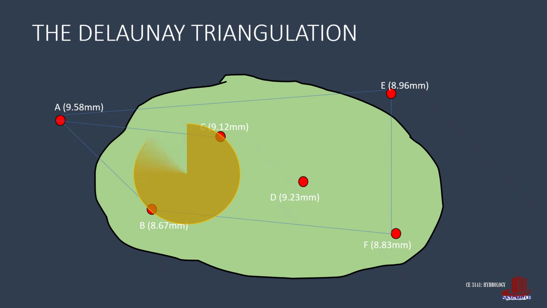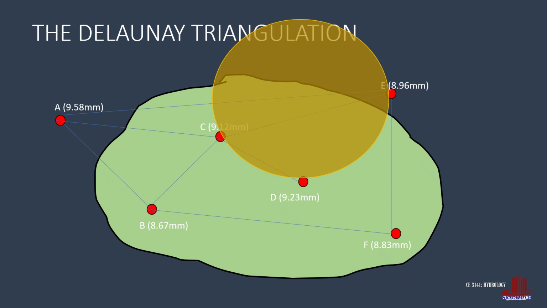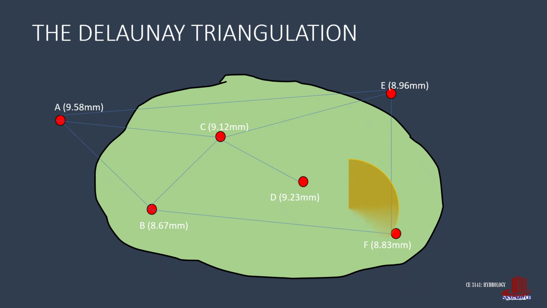By placing a circle between points B and C, we know that these two can also be connected. Do the same for stations C and D. There is no station inside the circle, so we connect stations C and D. There is also a connecting line for stations C and E, and between D and F. Also with stations D and E, and with stations B and D. It would also be wise to note that after Delaunay's triangulation, all stations are just connected to their surrounding stations.